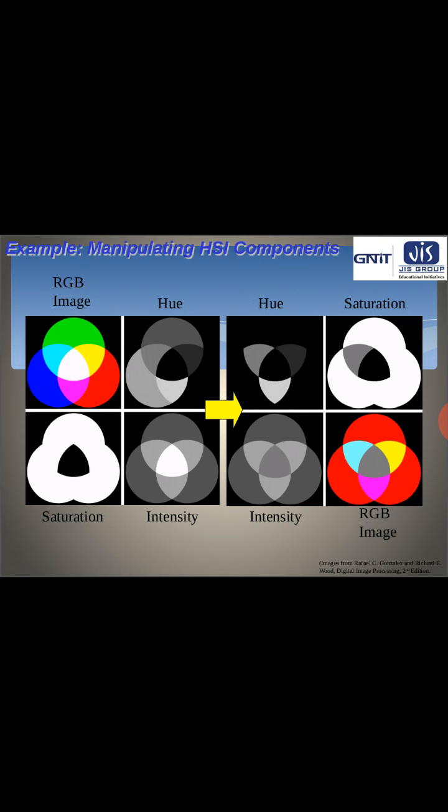And as we have manipulated them, if we reconstruct the RGB image from this hue, saturation and intensity, we can see that the RGB image has been changed. Whatever we have given as the input is not the same as the output. So manipulations to the hue, saturation and intensity can change the corresponding RGB image also. We have to be very careful that we do not change the hue, saturation and intensity in such a manner that the original RGB image changes.